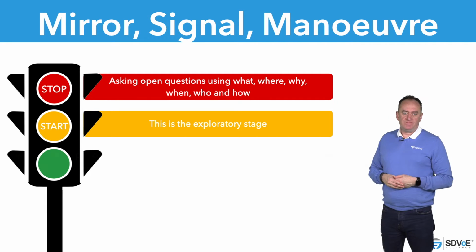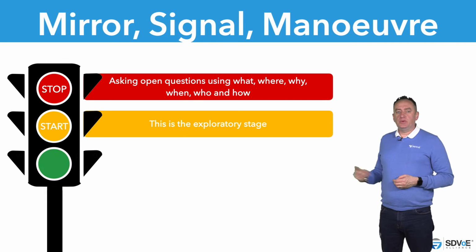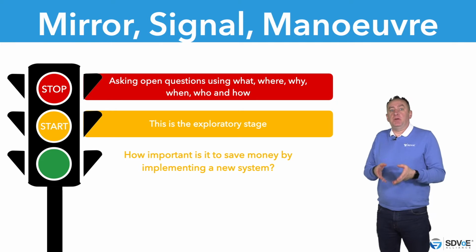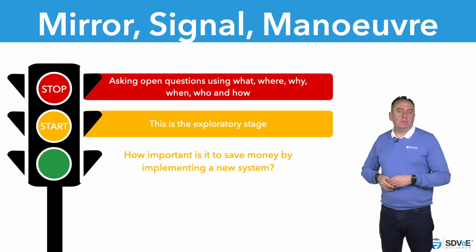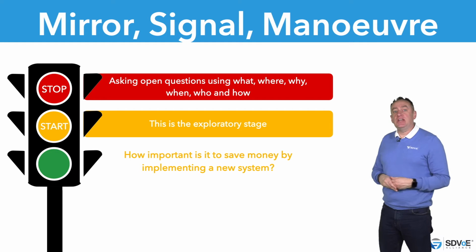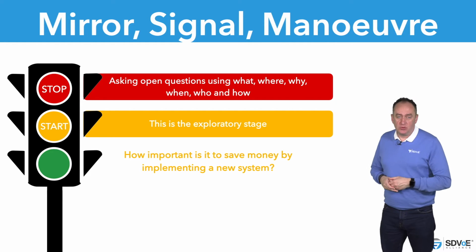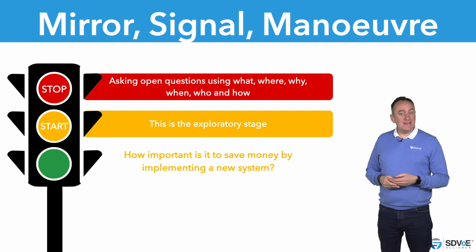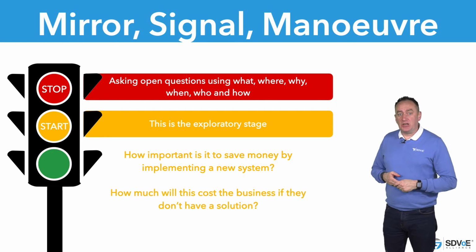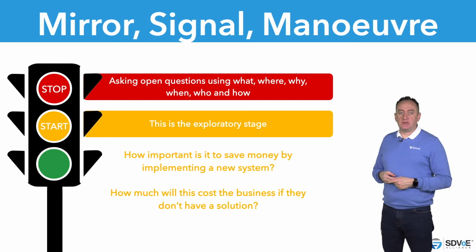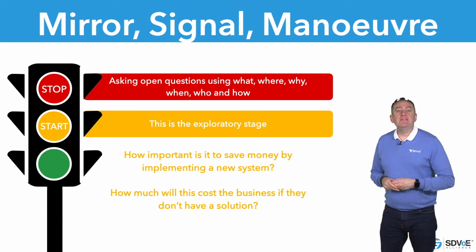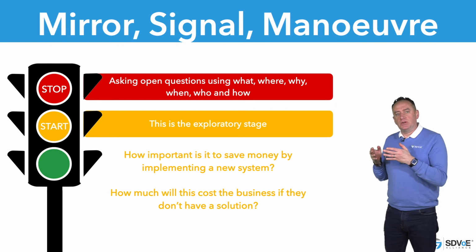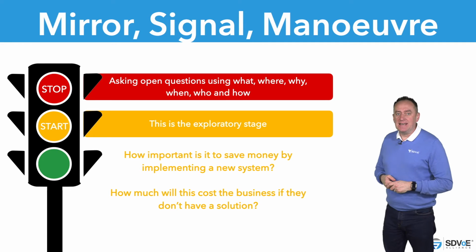could be solved. And again, we're going to use open questions, such as how important is it to actually save money by implementing a new system rather than deploy more resources to adapt to changing needs using proprietary systems already in place? Placing a value on each question by identifying the cost to the business if they don't have a solution will pique their interest, because now they feel that they've not only been listened to, but you're actually suggesting solutions which work specifically for their needs and their budgets.